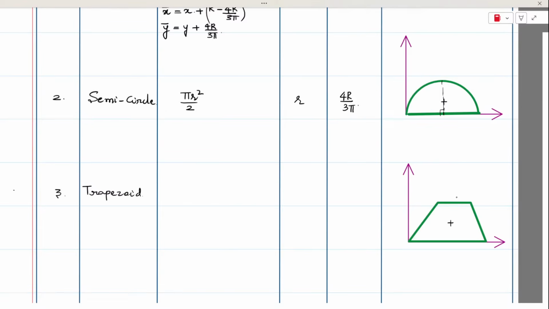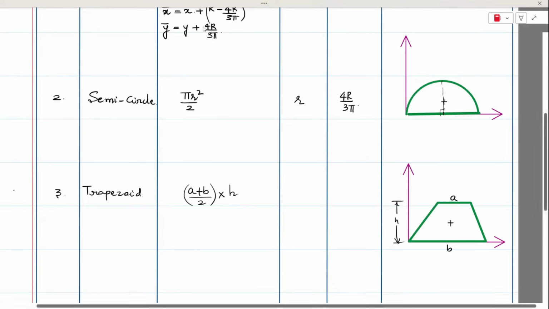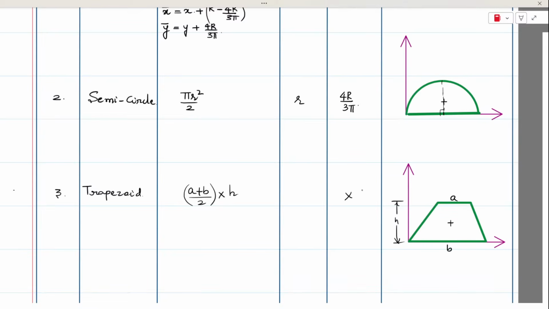The area of the trapezoid can be expressed as the average of two sides into height. Let's say this is h. So this would be a plus b by 2 into h. And now I will avoid writing the y coordinate. I prefer to write the x coordinate. So the x coordinate has to be written as a plus b by a plus b into